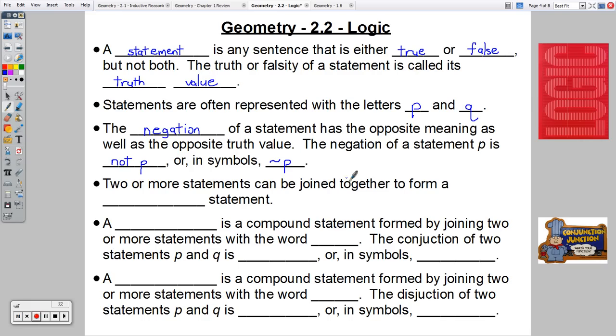Two or more statements can be joined together to form a compound statement. You've probably heard of the word compound before, so that's putting things together. Two or more statements is a compound statement. A conjunction,